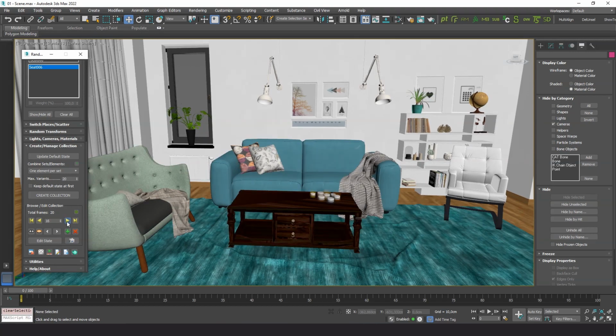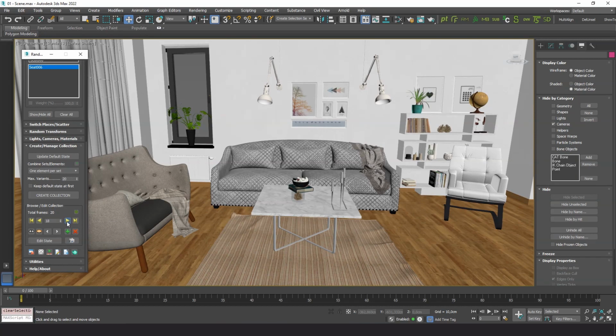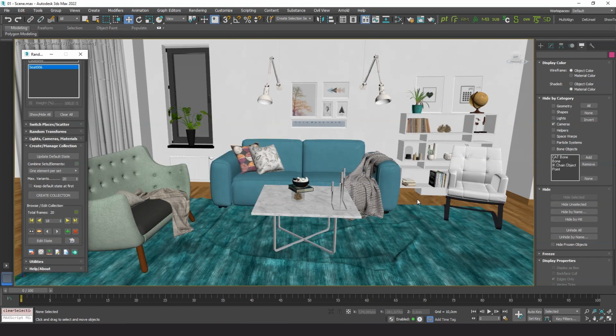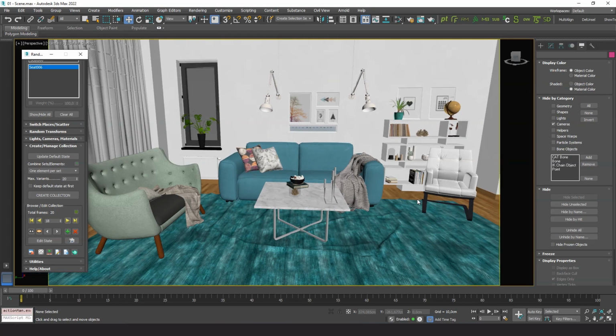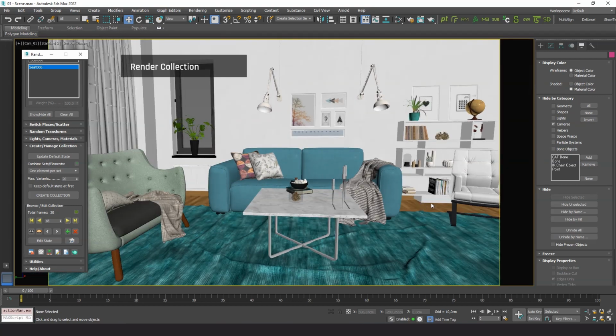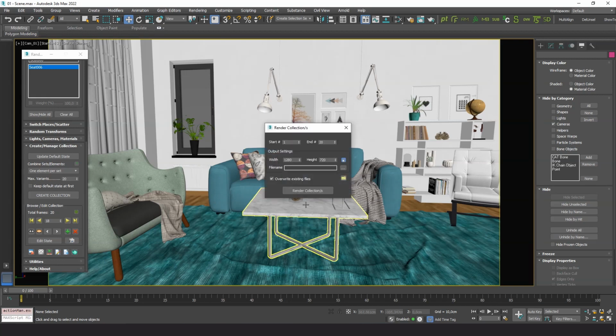You can save the scene now if you want. As long as the master icon is saved with the scene, all changes are saved too, and you can continue editing the collection later. If you want to render the collection, there's a built-in function for that. Press this teapot icon and we'll open the Render Options dialog. Here you can set the range of collection frames to render, as well as the output size and file name. All other render settings are taken from the main settings of the scene.